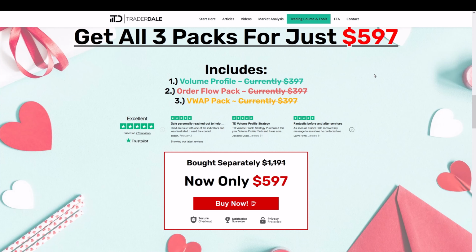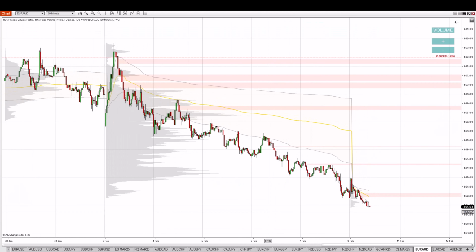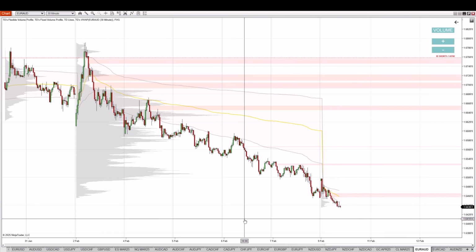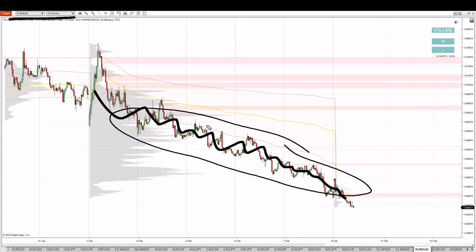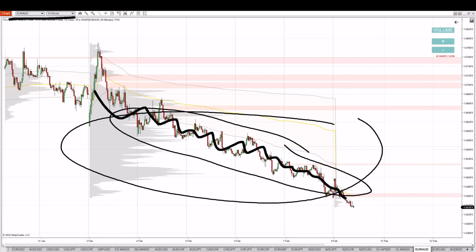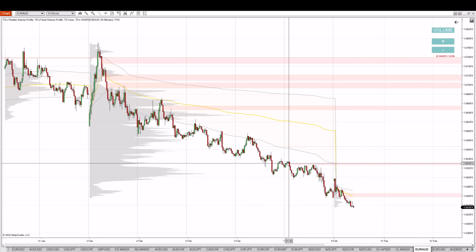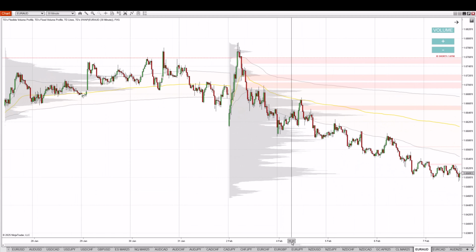Now let's go back to the chart and talk about the Euro Australian dollar. So this is the Euro Australian dollar, and this is a 30-minute chart. As you can see, the price has been going very slowly and shyly downwards, and when the price is doing something like this, I don't really trade, because what I want to see when I trade is aggressivity of buyers or aggressivity of sellers. I don't see anything like that in here, but where I do see aggressivity